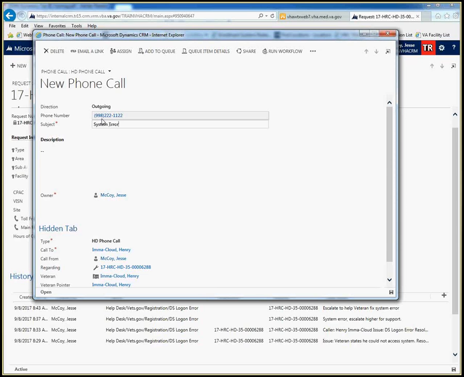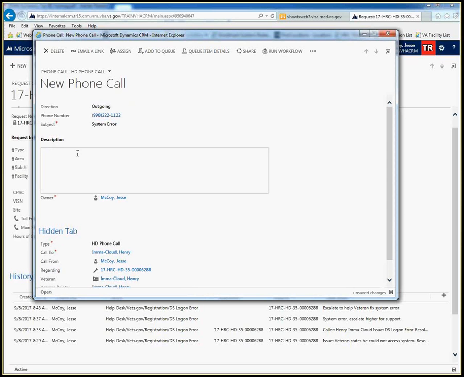So you'll be filling out this particular form here, which is a new phone call form. And then once you start talking with the veteran, you go ahead and put the summary in this box here. Whether you were able to reach the veteran, you resolved the issue with the veteran, or the veteran no longer has the issue, whatever the case may be, you go ahead and fill out this particular phone log